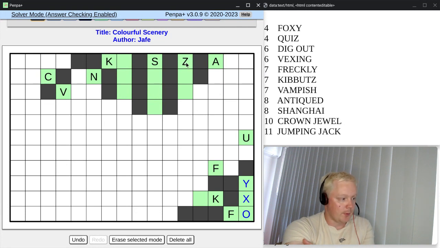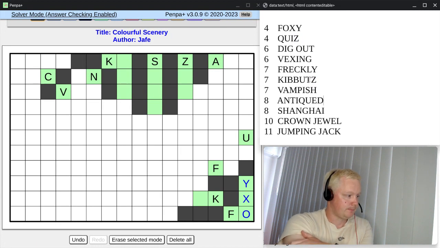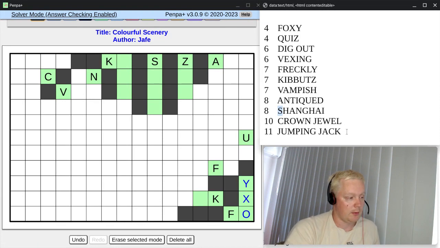What about this Z? What can this be? We looked at this. This could be kibbutz, but it could be quiz as well. Those are the two words with Z that we have. How about this S? This has to be the end or start letter. So it can be Shanghai, that's 8 letters. There's no word ending in S, and only one word starting with S. So this has to be Shanghai, this letter here,